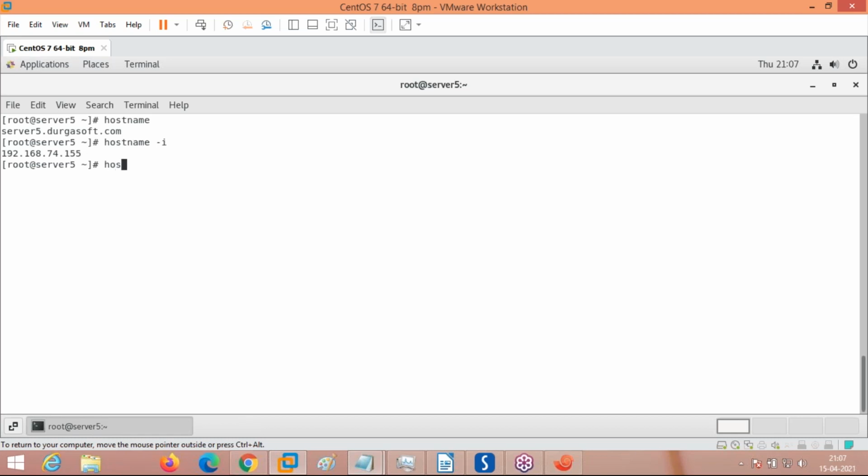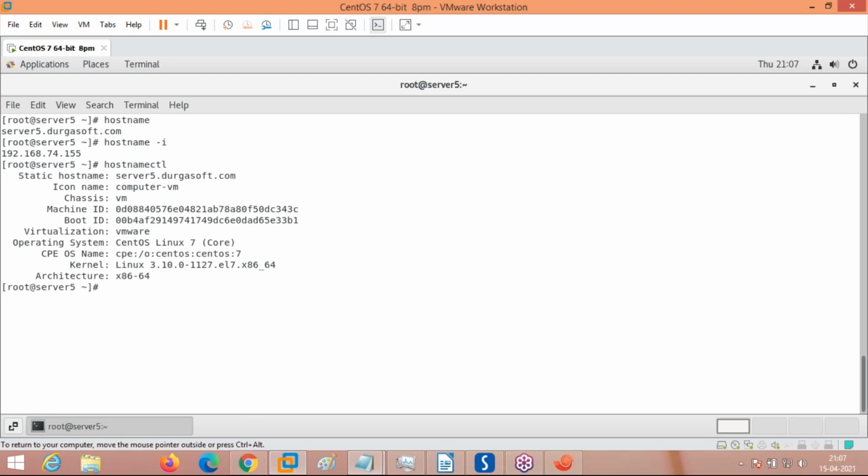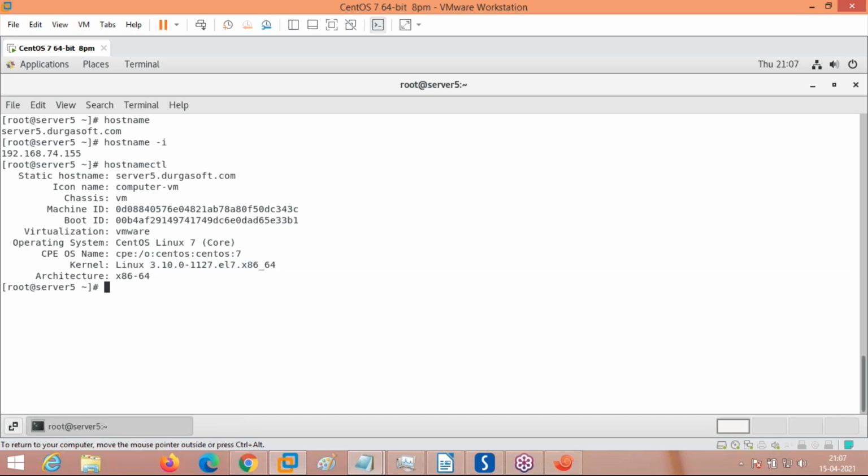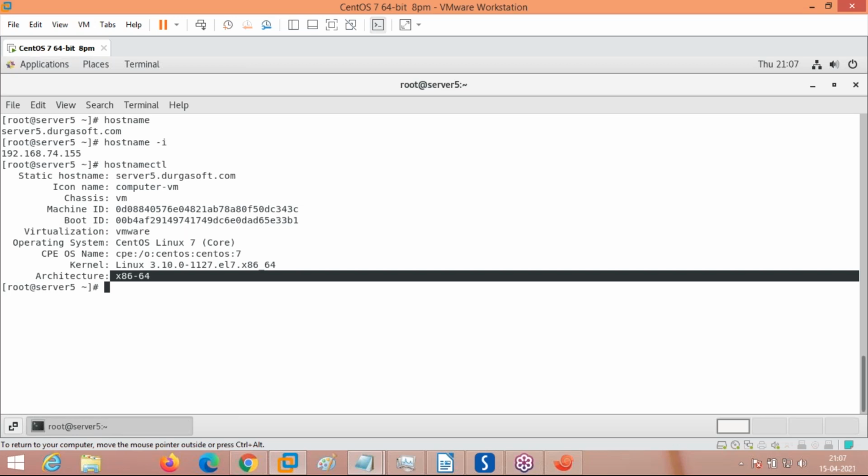There is one more command to check the host name and all the details: hostnamectl. It gives not just the host name, other details also. It is showing me the static host name which is set. It is showing the operating system it was installed from. It is showing me the kernel, its version and architecture, all the things. What is my kernel? Linux 3.10 kernel. What is the type of kernel? x86 64-bit. What is the type of the Linux operating system? EL7, Enterprise Linux 7. What is the architecture? x86_64, which is 64-bit.